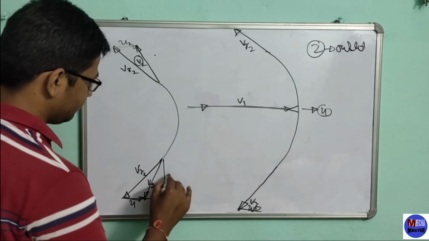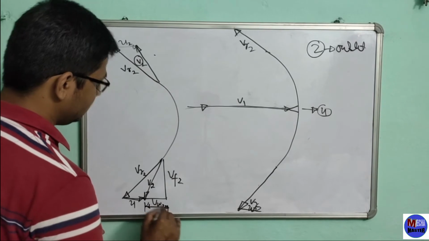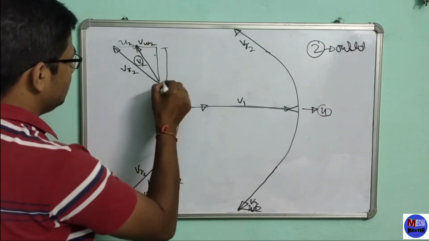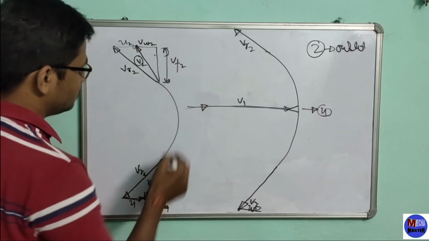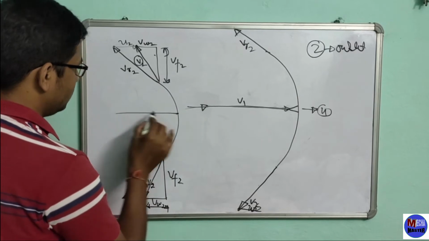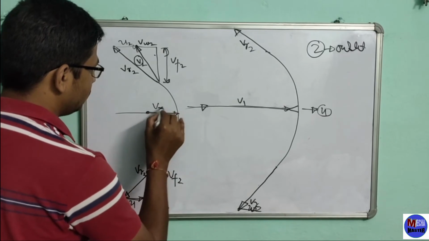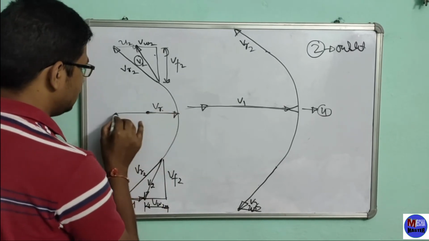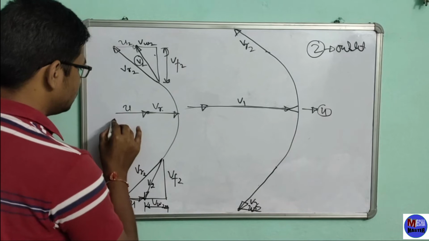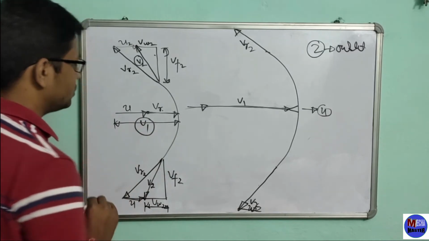This is the velocity of flow, and this is called whirl velocity at the exit, and similarly this is called whirl velocity, and this is called velocity of flow at the exit, because both are at the outlet. At the inlet, you can simply see we will strike VR, and we also know that there is the vane velocity u, so from here to here this will be V1, the jet velocity at the inlet.